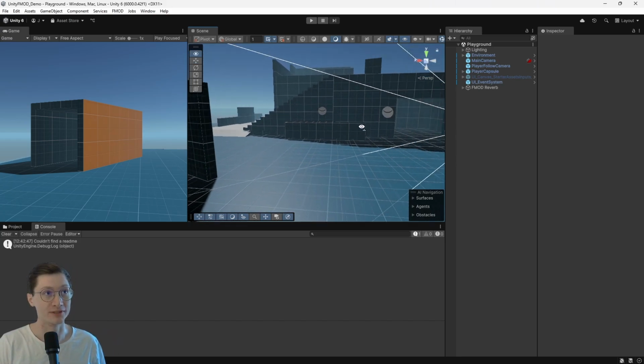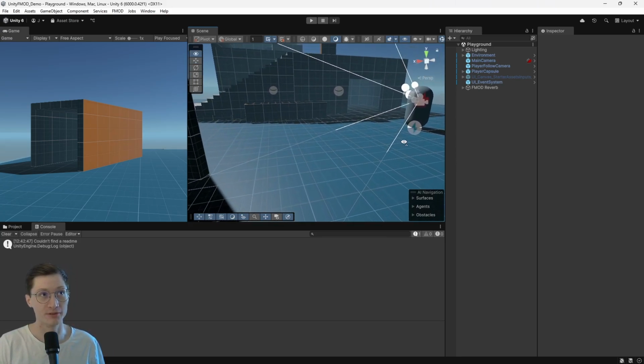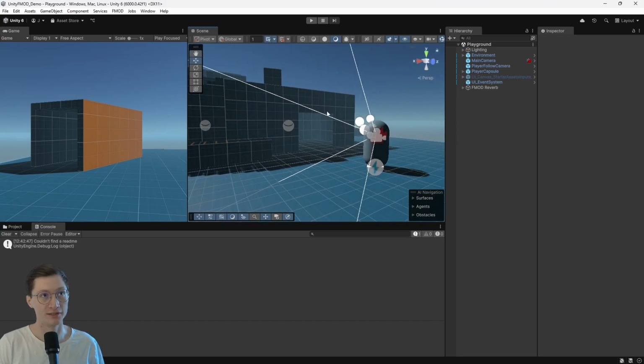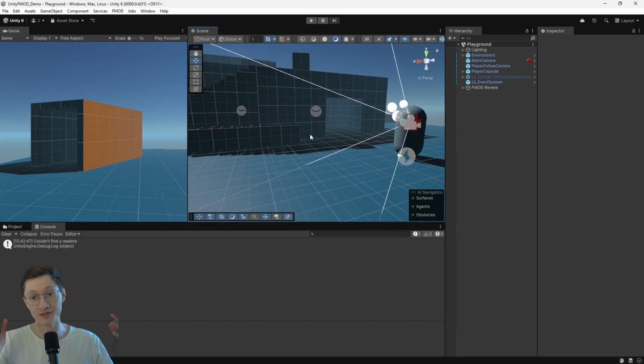So for example, if we imagine our capsule standing in front of this container but looking in this direction, we would be able to hear the reverb from our left side, and with that even be able to localize the container that it's to the left of us,